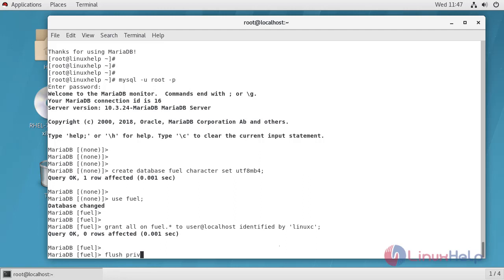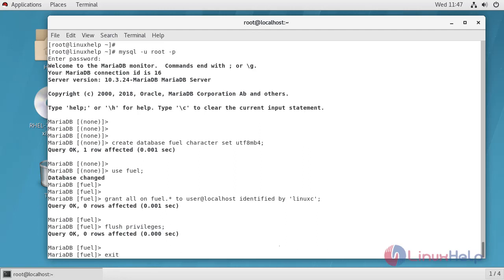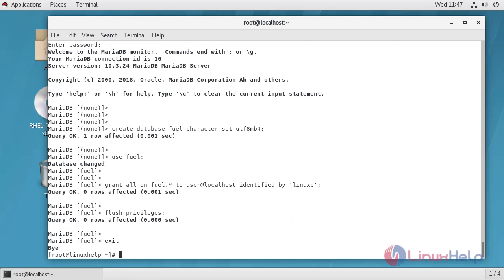Then flush privileges. Give exit command to exit MySQL.